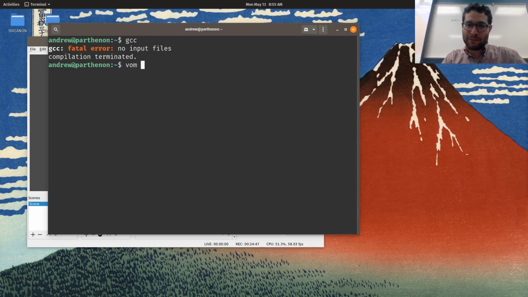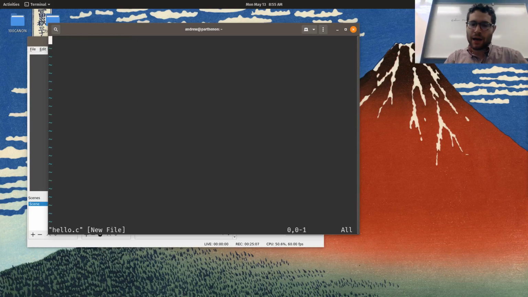So anyway, Vim is a text editor, and I'm going to say vim hello.c, which will create a new file called hello.c. Now the .c there tells me that it is a C source code file. Okay, and so I open up and it's got basically nothing in there. So I'll start by typing out, and I had to hit I first in Vim because that would put me in insert mode. So if you can't follow along, that's okay.